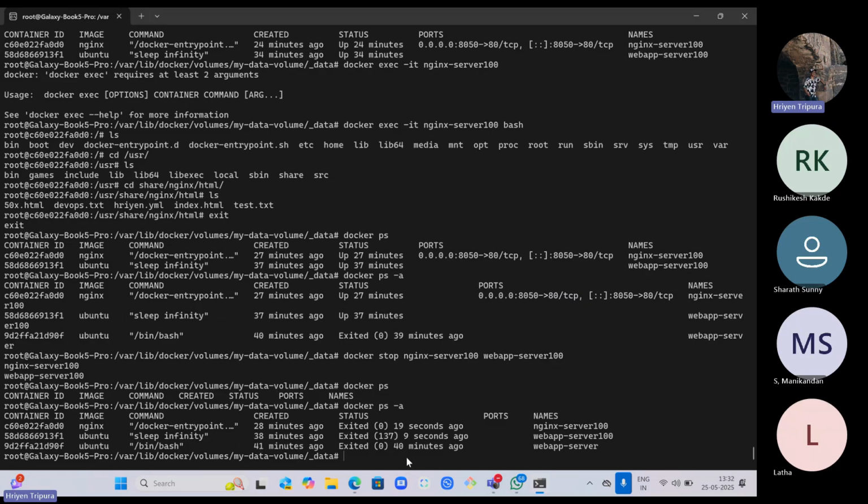Now how can I remove everything? That means all the stopped containers, if I don't need them, how can I remove them? There is a different way of removing them, right? Let's say I don't want to remove only a particular container, I want to remove all stopped containers. How can I do that? So there is a command called docker